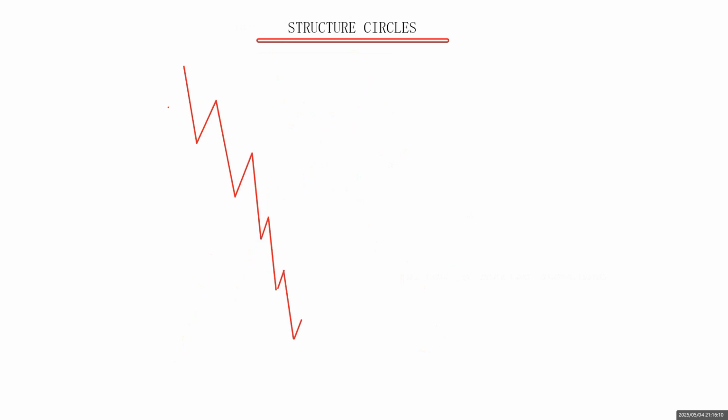It's important to note that structure circles and fractals can be measured by the length of the exhaustion. Remember we said after every push there must be an exhaustion. After every push there must be an exhaustion, as this is the movement of prices on the chart. So in this case, we saw the big movements, and right here we now saw small structure